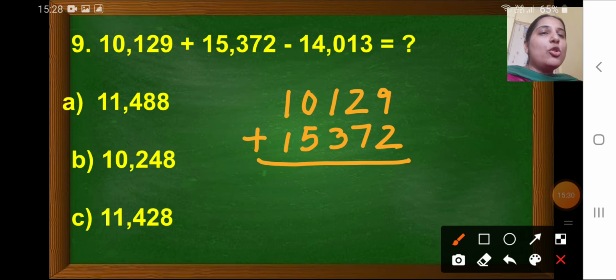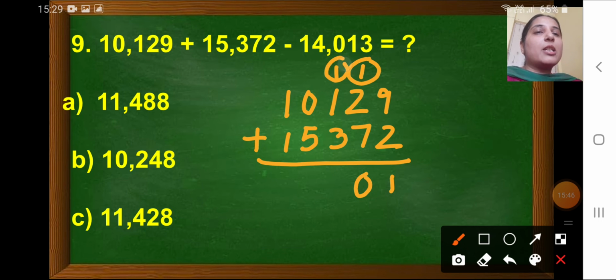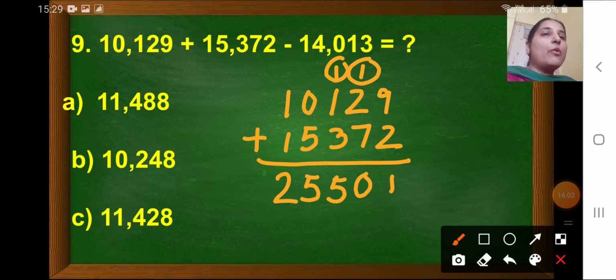So 9 plus 2 or 2 plus 9, 11. So 1 we will write here and 1 will be carried over to the next place. Now 2 plus 1, 3 and 7 plus 3, 10. So 0 and again 1 will be carried over to the next place. Now 1 plus 1, 2 and 2 plus 3, 5. Now 0 plus 5, 5 only, and 1 plus 1, 2. So 25,501. Now we'll subtract